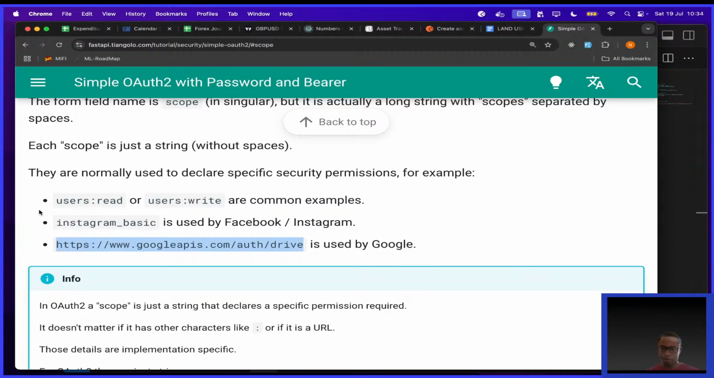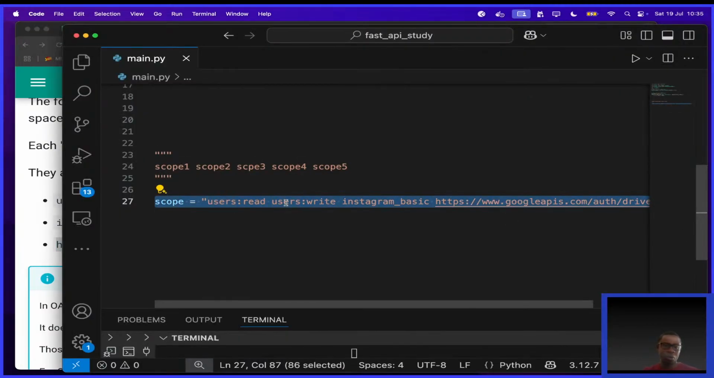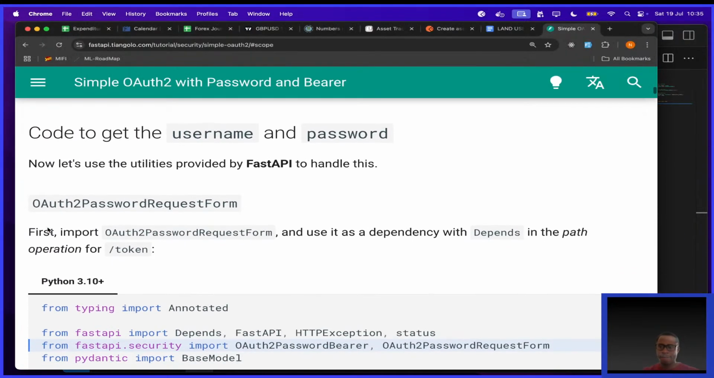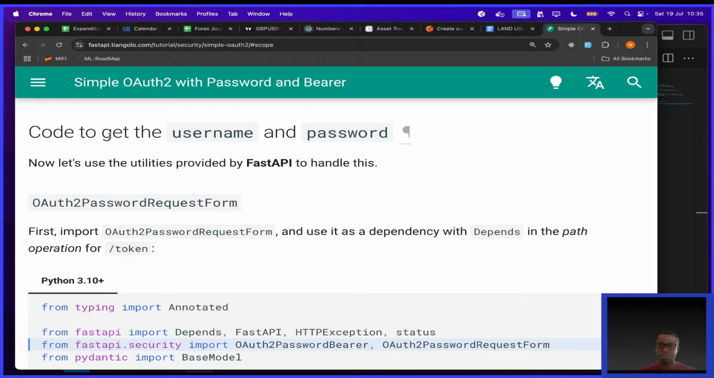So yeah, they simply define the security permission. In this case, we have 4 security permissions or 4 scopes. So they're saying code to get the username and password. Now let's use the utilities provided by FastAPI to handle this. So they're saying OAuth2 password request form. First import OAuth2 password request form and use it as a dependency with depends in the path